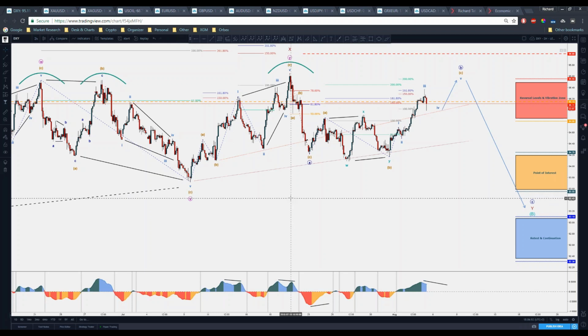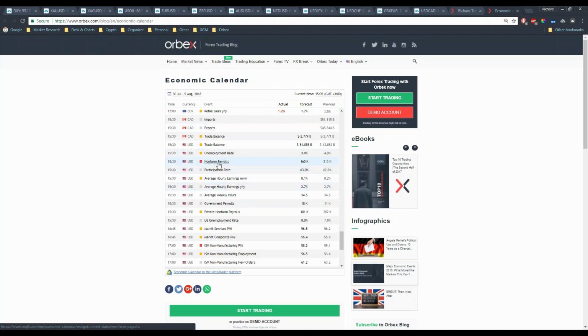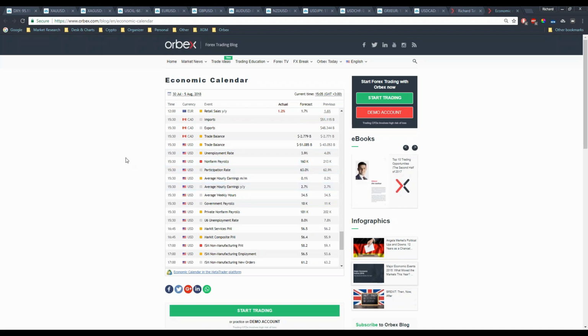By the way, for those of you who don't know or are not really aware of the impact of this non-farm employment change, basically this is an economic indicator, and what I have here in front of me is an economic calendar right here. The non-farm payrolls reflect the number of jobs added in the government sector of the United States, right? And of course, it directly influences the market and investors' confidence, buy and sell emotions, etc., due to the fact that when people have jobs, then the economy is fueled, right? So if more jobs are added, then of course the US dollar should gain strength.